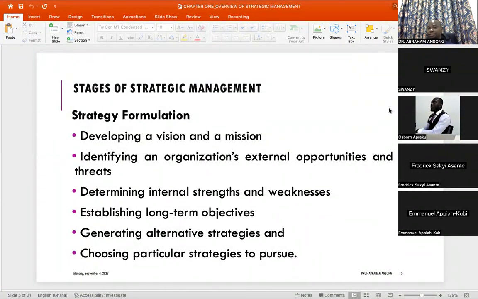Okay. After these long-term objectives have been set, now we move to the next stage, where we now generate alternative strategies. So we want to achieve a certain objective in 5 years, 10 years time. What are the various options, alternatives that will help us to be able to get to these particular objectives that we've set for ourselves? So that is the next stage. All right. Then the next is to be able to assess and analyze the various strategies and pick the one that we think will be most feasible for us to be able to achieve our objectives.